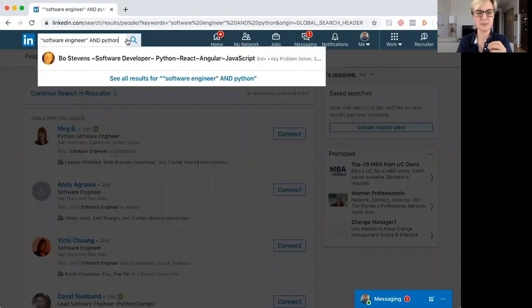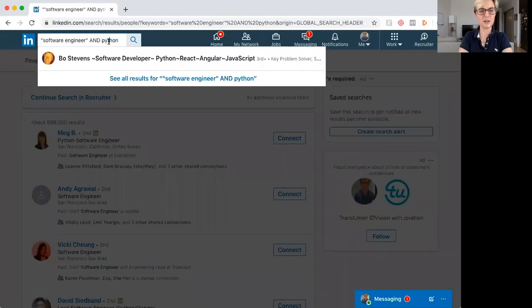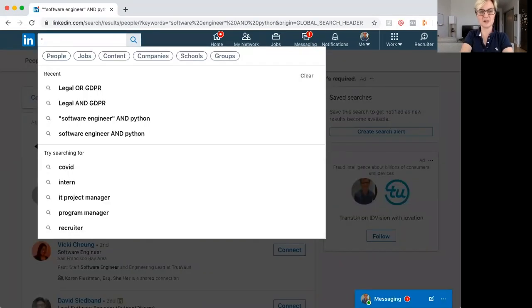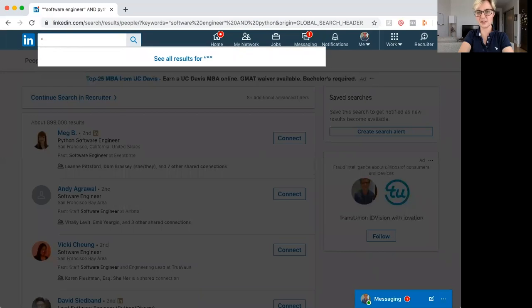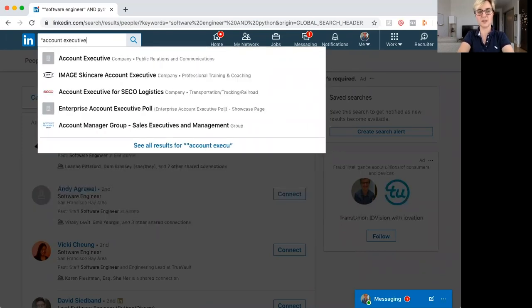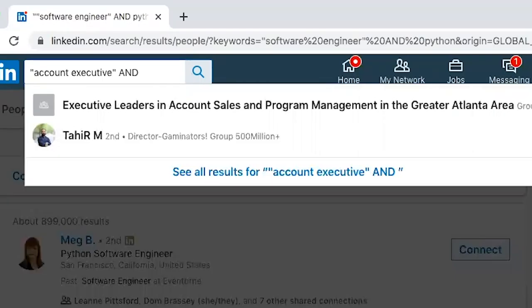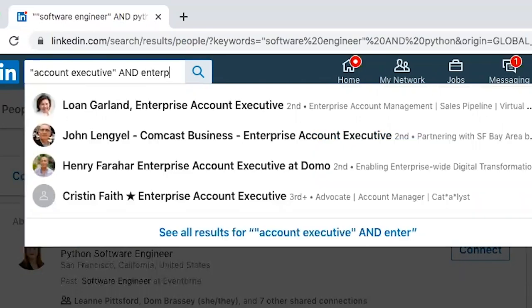So let's play around with some others as well. Because we're not all engineers, and I know I default to engineers as examples, let's go with some salespeople. A title for sales is not just sales professional. A common one is account executive. So if we say we want to connect with someone who is working on enterprise clients, we could do account executive and enterprise.